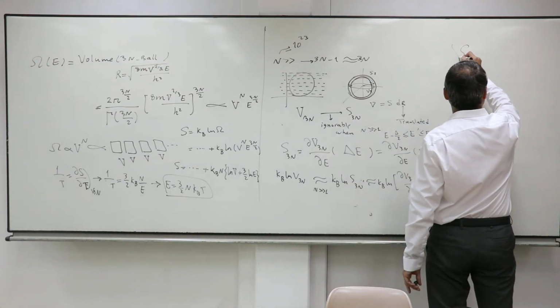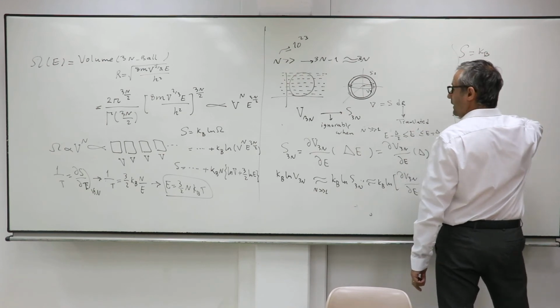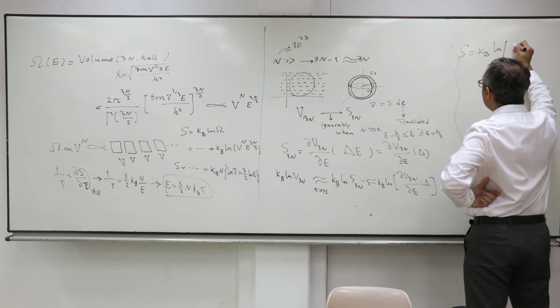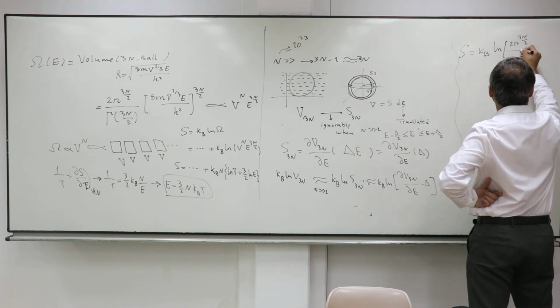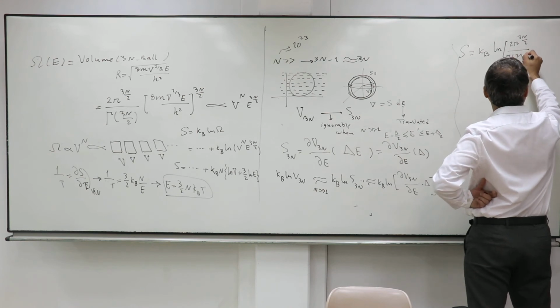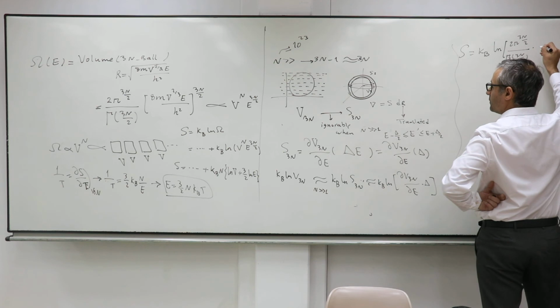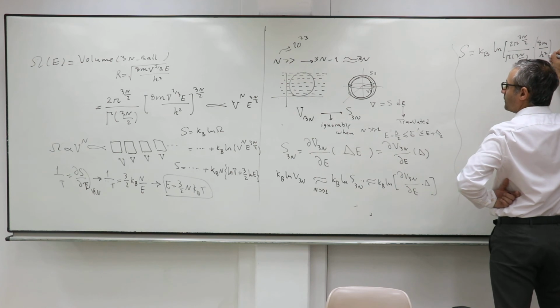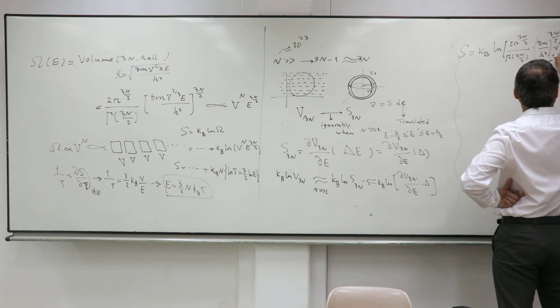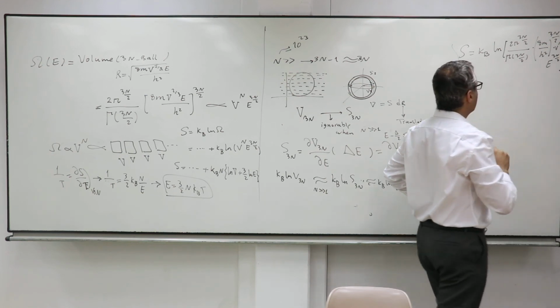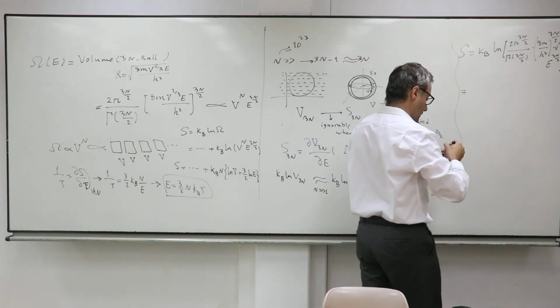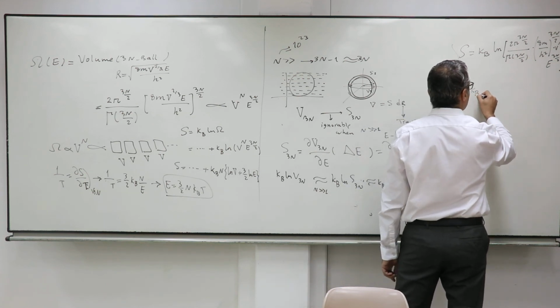Let me write this one time: k_B ln of the whole of that, ln of 2π^(3n/2) over Γ(3n/2) multiplied by some constant (8m/h²)^(3n/2) V^n E^(3n/2). Okay, some of the logarithms are very straightforward to take. So k_B